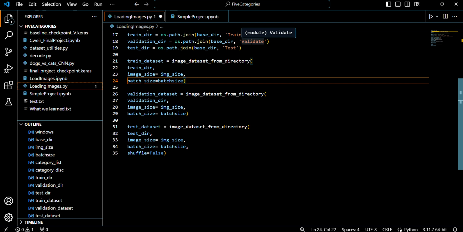Then later I'll use a prettier confusion matrix, but setting that aside, the confusion matrix code that I wrote doesn't work well with the train dataset or the validation